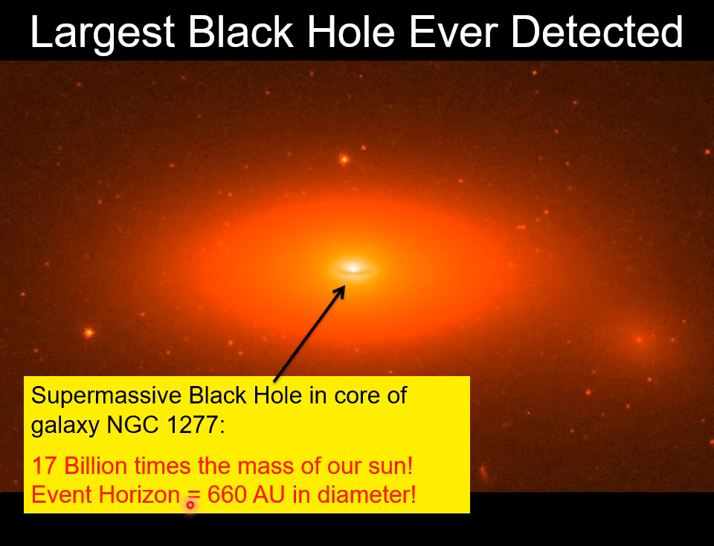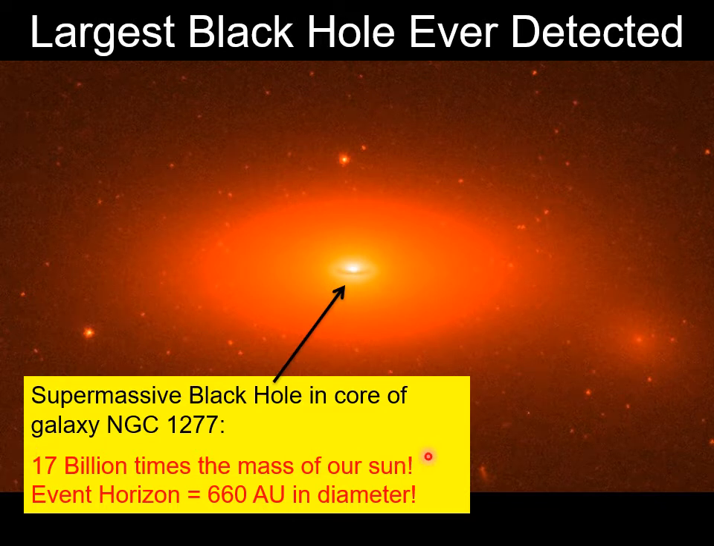And the event horizon of this black hole, remember, that's sort of like the outer surface of the black hole where you can check in but you can't check out. It has a diameter of 660 astronomical units. Now remember, the distance from the Earth to the Sun is 1 astronomical unit. So the size of this black hole is more than 600 times the distance between the Earth and the Sun. So this is obviously an enormous black hole, and it has an incredibly large mass of